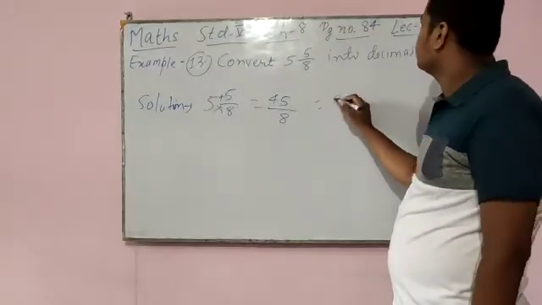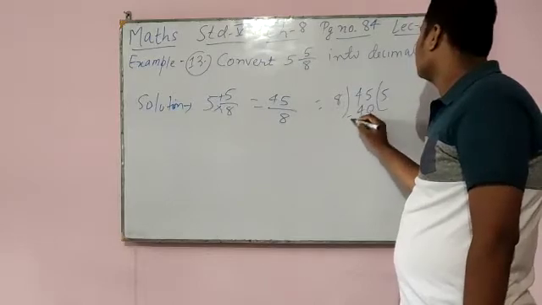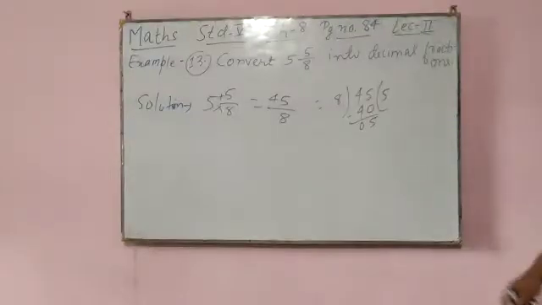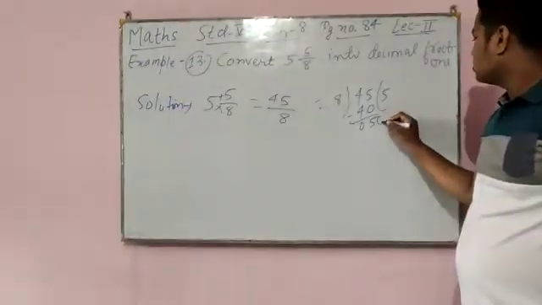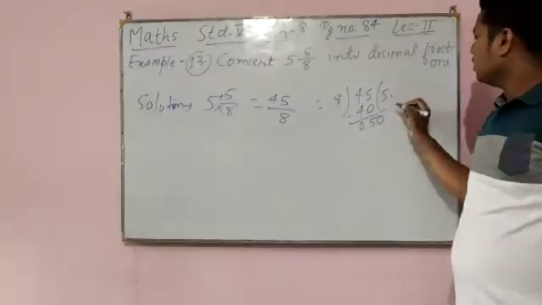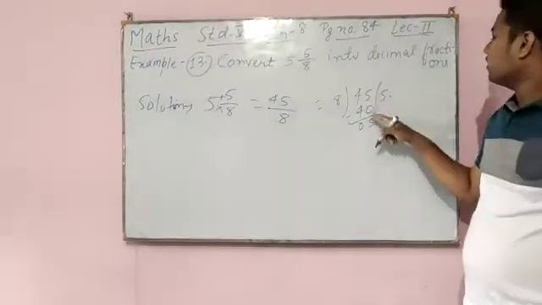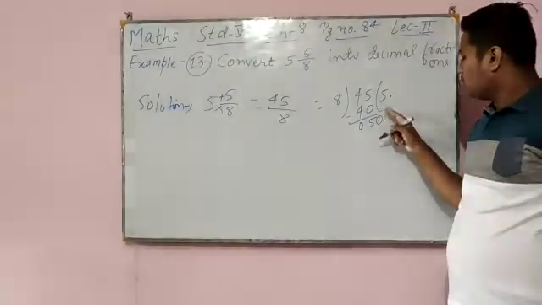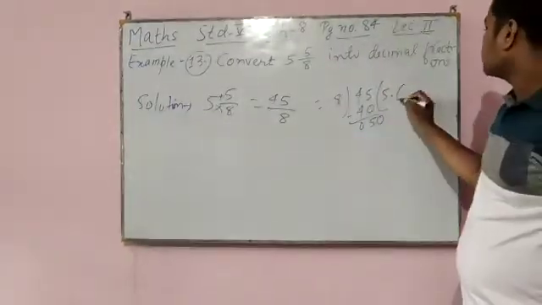So divide 8 times 5 40. So in decimal fraction, until unless your remainder will not come 0, you have to keep dividing. So remainder is 5. So again we will put here 0. If we will put here 0, then we will put here decimal, because I have to take out the remainder. So after dividing 8 into 5 40, 5 is the remainder. Now by own I have given 0. Then decimal I have to give. Now 8 times 6 48.